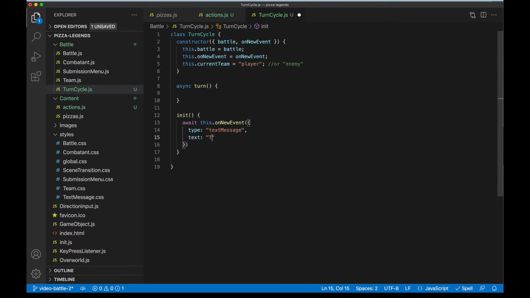And the text can just be like, the battle is starting. And because we're awaiting, init must also be marked as async. And then as soon as this is over, we're going to wait for a response from the user to acknowledge that they've seen the message. And then after that, we can go ahead and start the first turn. So we'll say